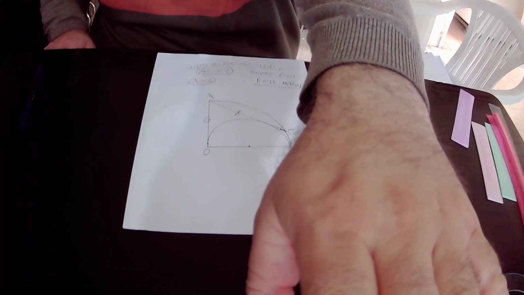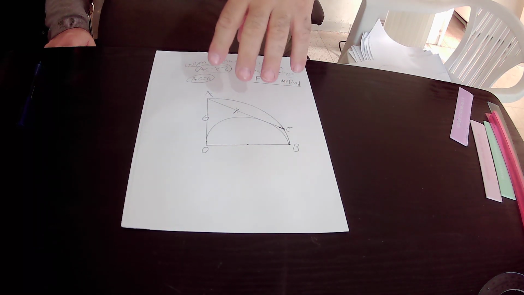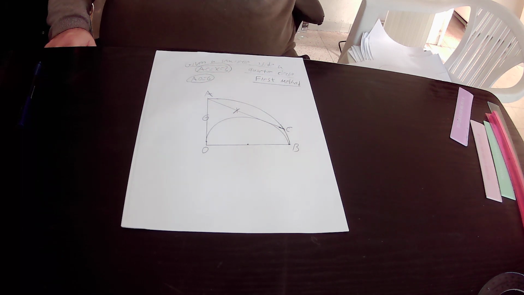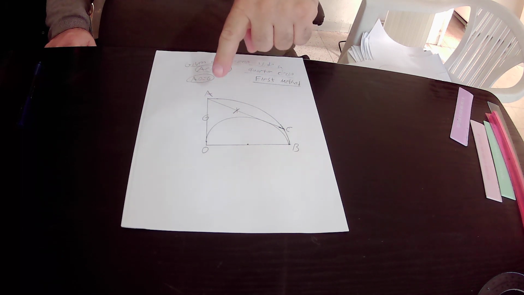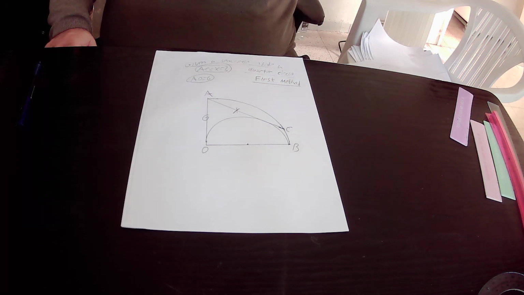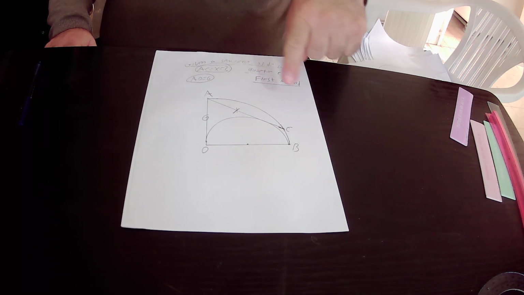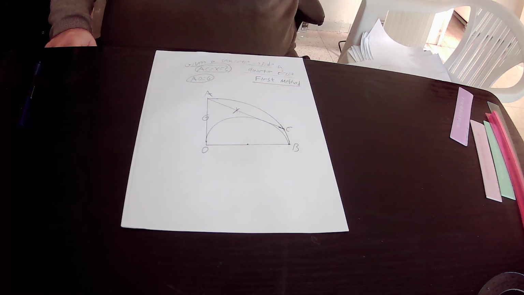Hello, in this lecture we'll find out the length of line segment X using two different methods. In the drawing we have a semicircle inside a quarter circle, and we know that side AO equals 6 units, side AC is tangent to the semicircle at this point, and we want to find the length of side AC that is equal to X. So we'll start with the first method,